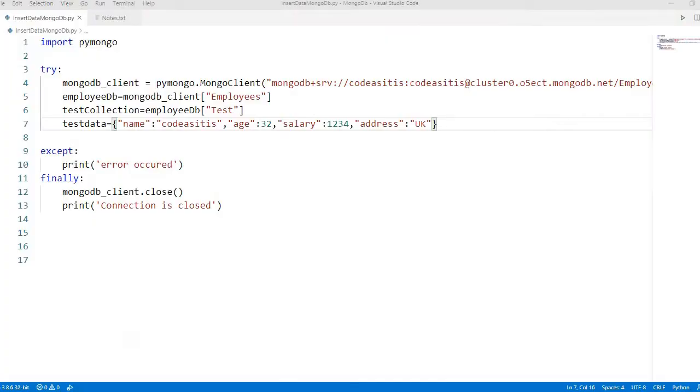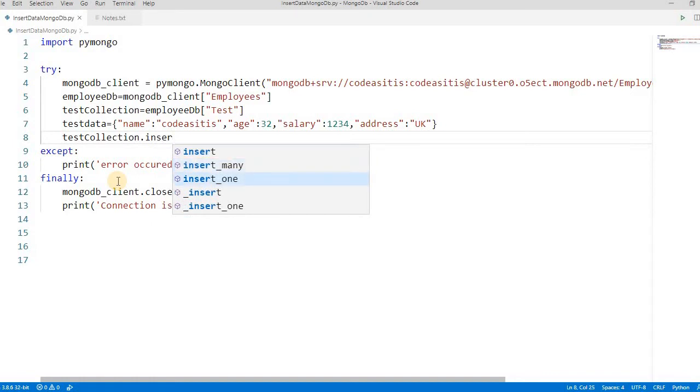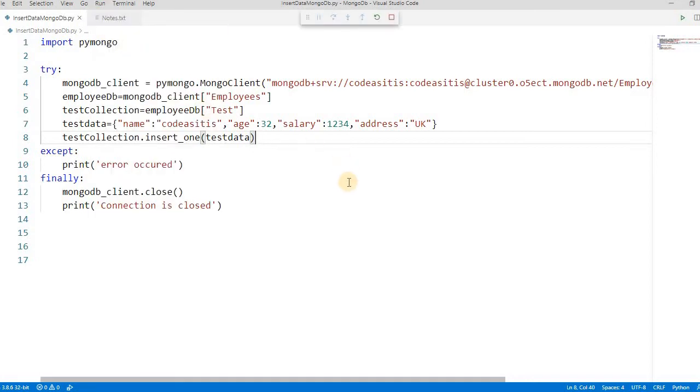In the last video we saw that with EmployeeDB we can create one database, employees, and then a table, which here means a collection, and we inserted one document, meaning one row. We wrote test collection dot insert, inserting one value, test data. By default the object ID, the underscore ID, is generated, which is considered the primary key in MongoDB. Let's run this and try to understand it.